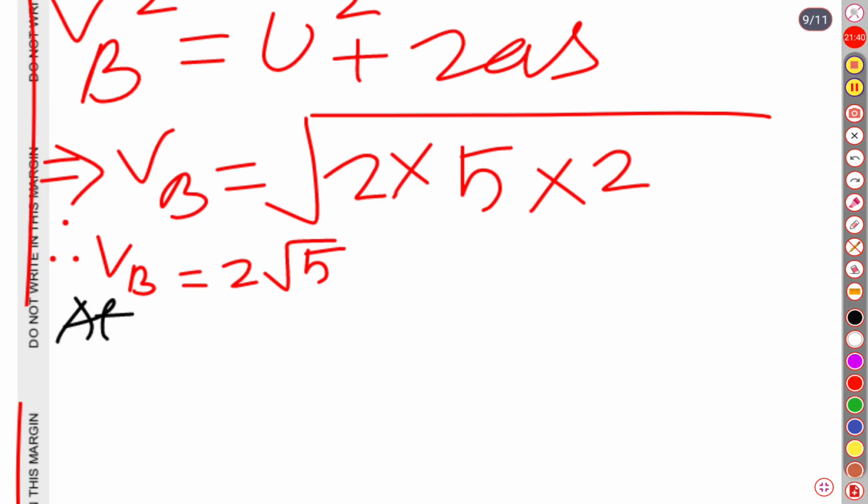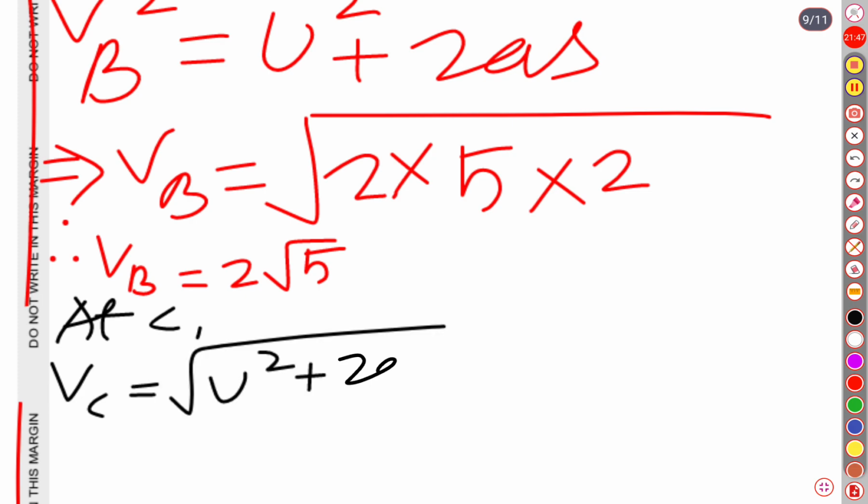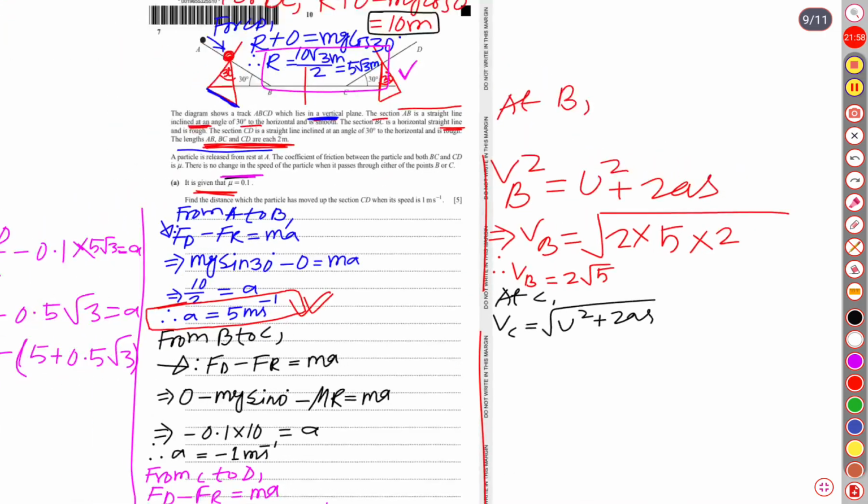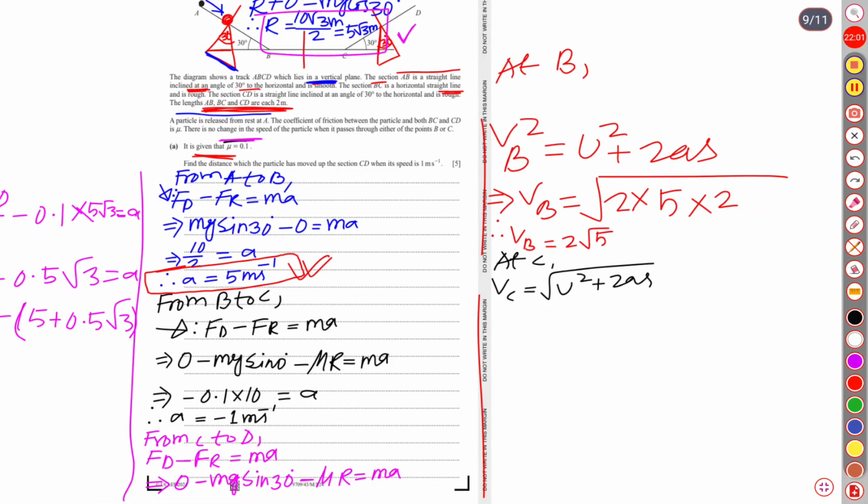At C, velocity at C is equal to the same concept, v squared equals u squared plus 2as. Let's see what was the acceleration at C. Yes, acceleration at C is this one. Look, this is the acceleration we have got at C. It was negative 1 meter per second squared. So if we apply this, hence our velocity at C is equal to,